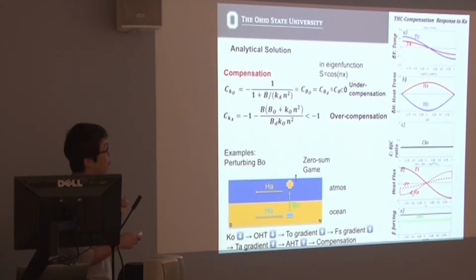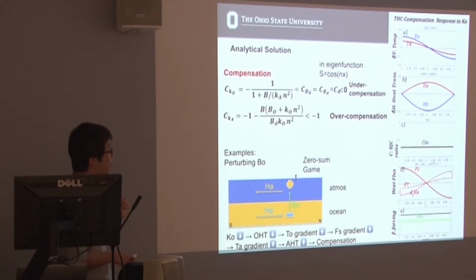So in this case, in the south, ocean temperature becomes warmer, and in the north, it becomes cooler. So we have a larger ocean temperature gradient. Then the surface heat flux is proportional to the SST. In this case, the surface heat flux has a larger meridional gradient. So in the south, more energy goes into the atmosphere, but in the north,